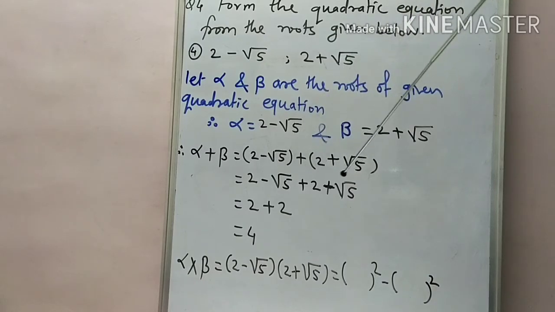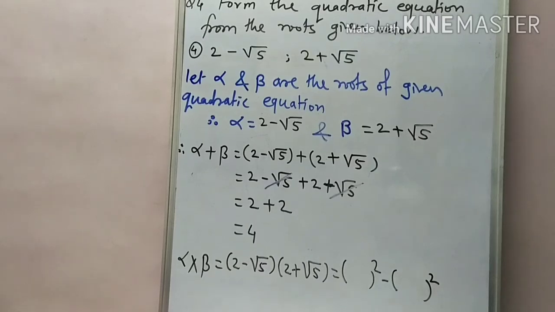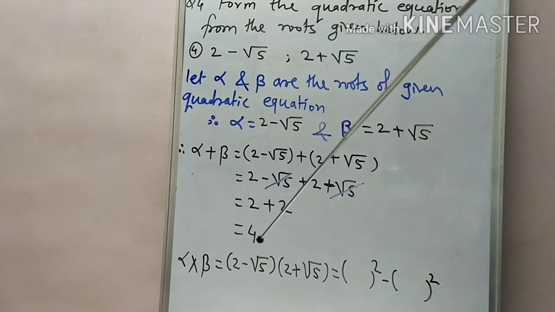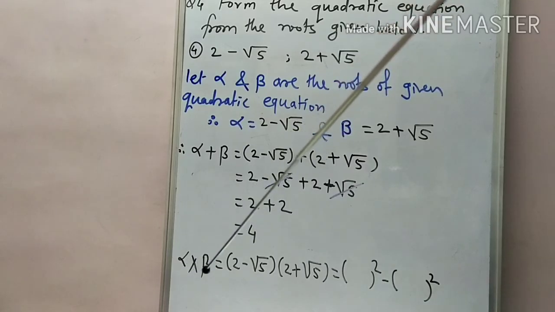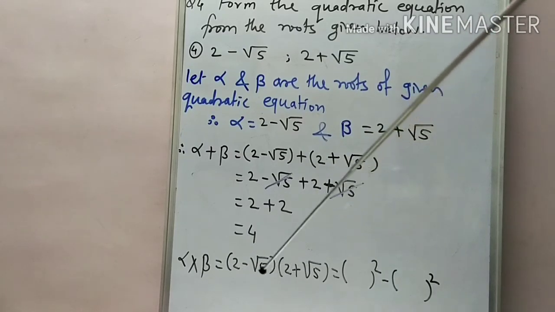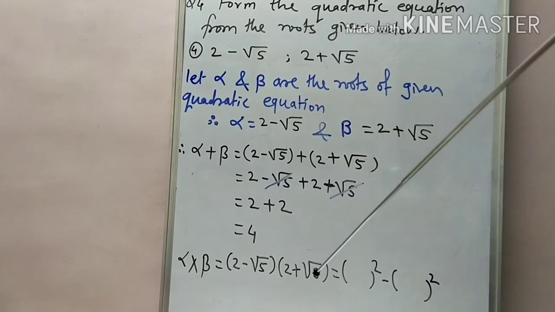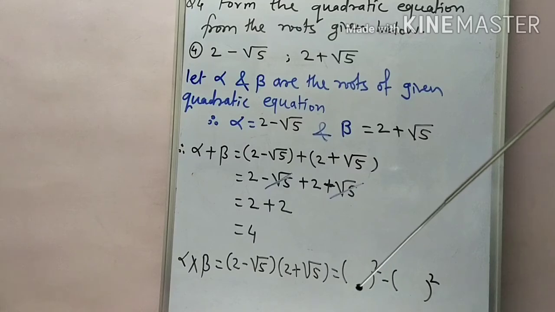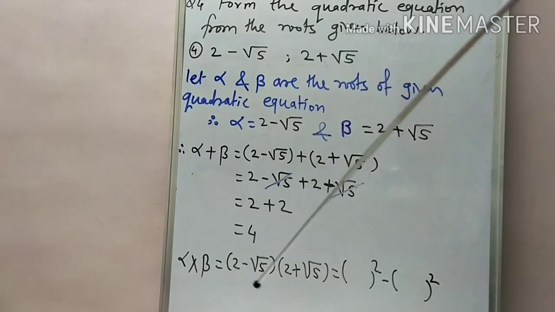As we open the bracket, what we observe here is that 2 and 2 are rational numbers, and here we do that sum as 2 plus 2, and minus root 5 plus root 5 are like surds but with opposite sign, and hence root 5 and root 5 eliminate. Understood this? And hence that sum, 2 plus 2, is what? 4. And for alpha into beta, again here we do the product, but here we have one identity, a minus b, a plus b. So expansion is what? a square minus b square,